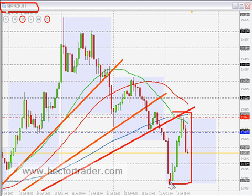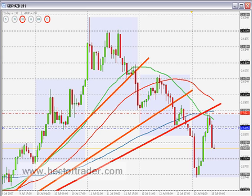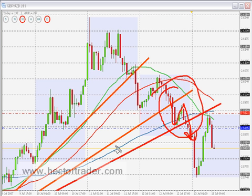We've seen an almost 200 pip spike on the overnight session. You see this run to the upside, which has kind of scared me, to be honest. That's why I've trailed my stop from here down to here, to offset a little bit of the risk. It's not looking that bad, because it seems that we found resistance at the last up retracement trend line, the last retracement trend line that was formed by the 1 2 3 breakout pattern of the previous retracement trend line. That's the 1 2 3 formation that got me into the trade. But also this 1 2 3 formation has effectively created a whole new trend line, which seems to have held the bounce. So I am confident that we may see a